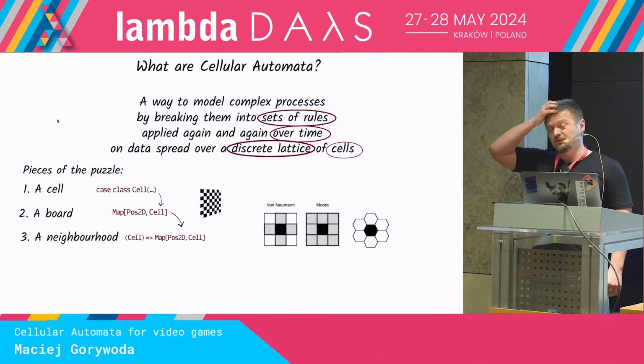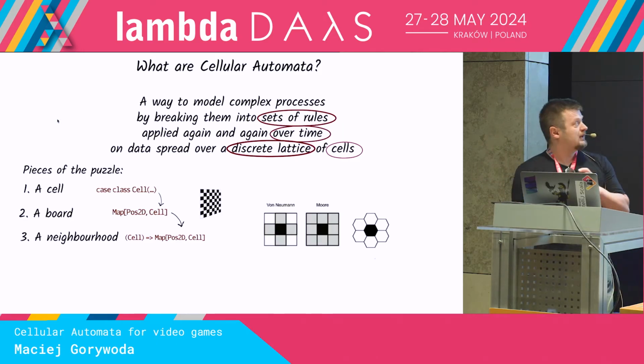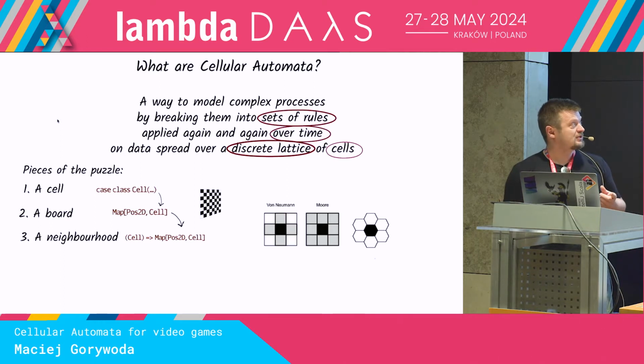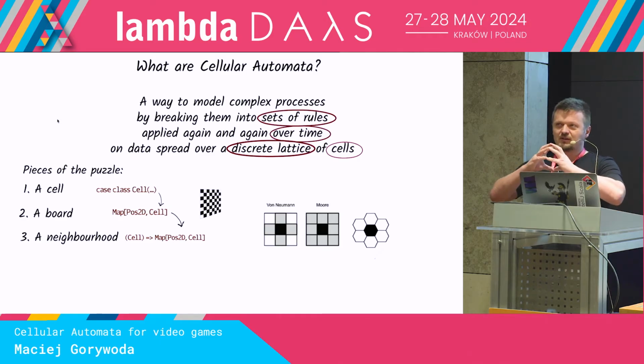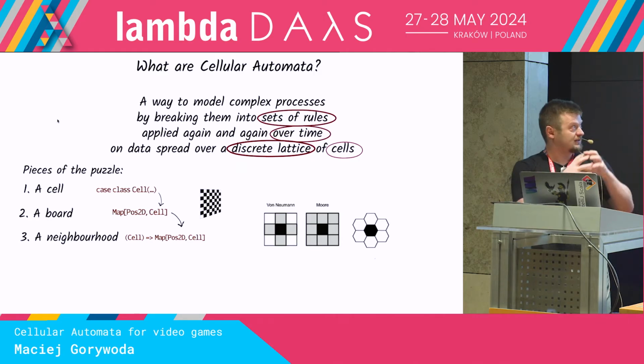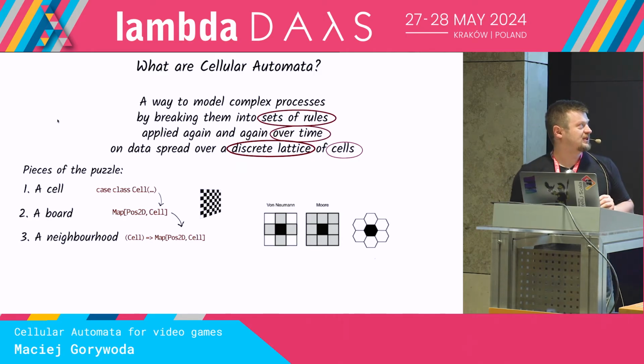Then we have a concept of neighborhood. A neighborhood of a cell is all the cells that are directly connected to it, and because of that, the cell can take information from it. That's important because it means that for everything we do, we are only interested in the data that is in the cell we are working on and the cells that are next to it. It's all local. We don't have to know the state of the whole world. We only need to know the state of a very small piece of it.